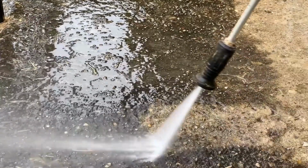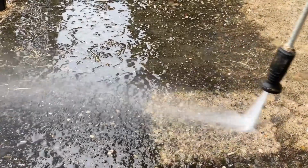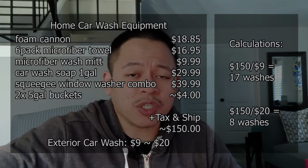In my case, the pressure washer was actually not just for washing the car. I originally got it because I did some work in the backyard, taking off the paint from the cement and repainting it. It's also great for cleaning the house siding and also the driveway. So the pressure washer really was for a different purpose, and I ended up just having it and ended up using it for car washing anyway. In this case, if we were to take out that $150, it would take about 10 to 17 washes to